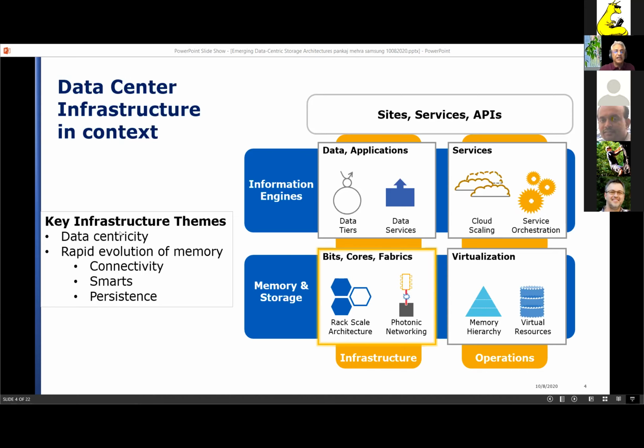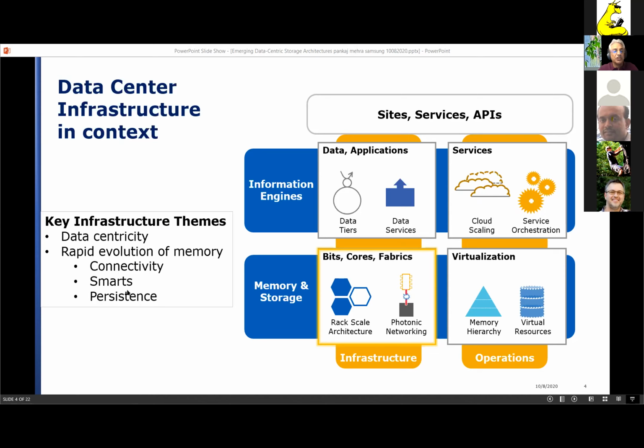One is that data is the driving trend, and we don't call them computer centers anymore. We call them data centers. That should tell you something. The other thing is that, as the speakers before me also said, driven by the amount of data, both in the compute tier and in the storage or archive tier, there is rapid evolution of memory technologies, combined with memory becoming more and more connected, whether it's in the CXL tier or in the fabric tier, smarts moving close to storage, which is the theme of the talk today.